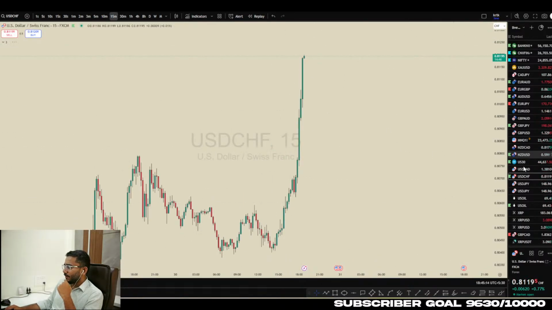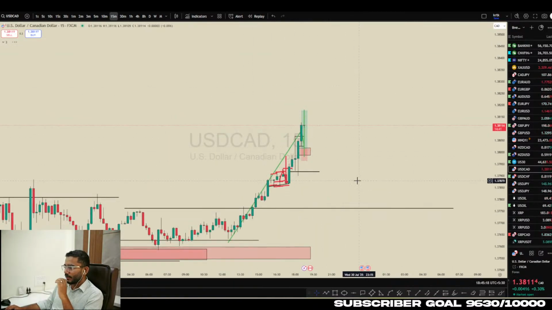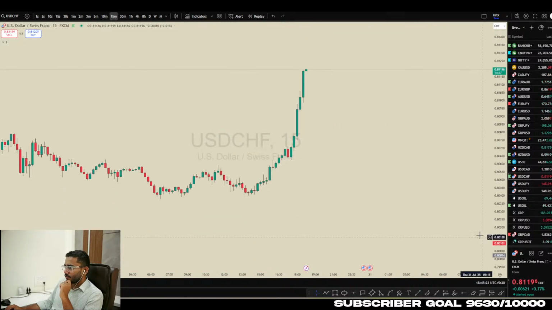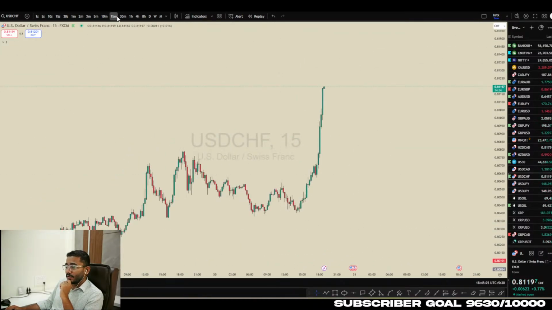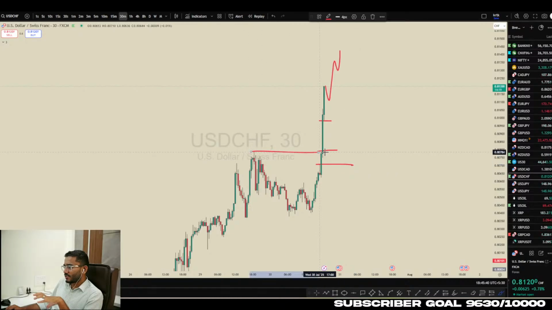This type of entries happen all the time. You will find a lot of entries. But the thing is, you want price to continue in one direction only. For example, if price creates imbalance, then it's a good sign, the bigger the imbalance, the higher the momentum, it will go to the upside. Here, price broke the structure, it did not even mitigate the structure. It's still going to the upside.